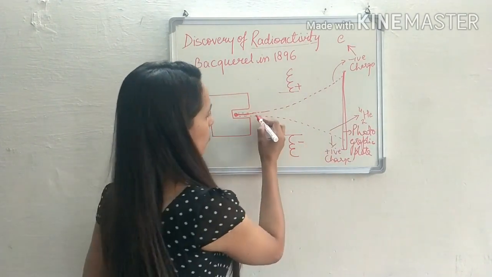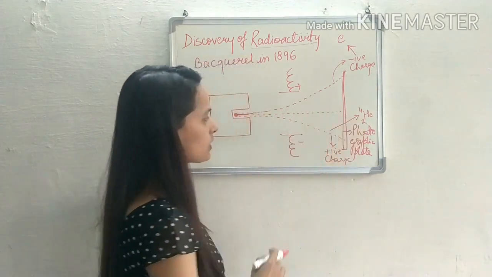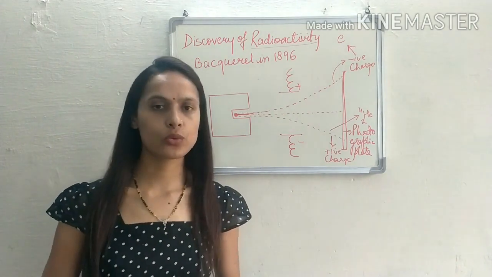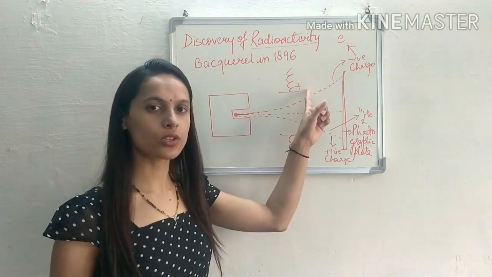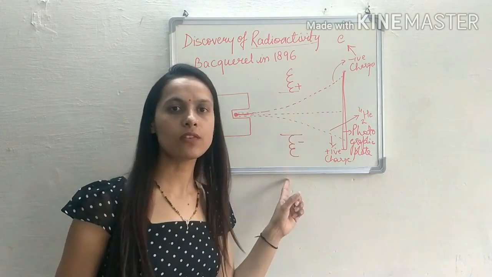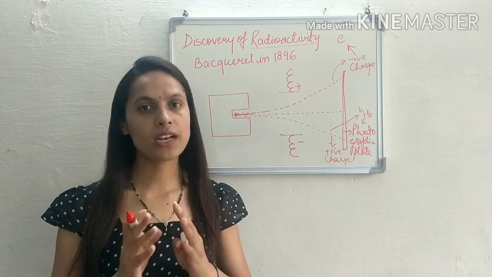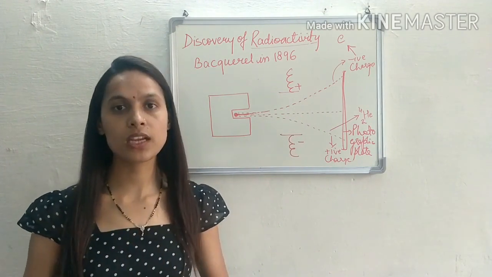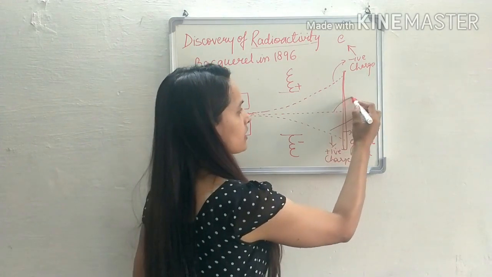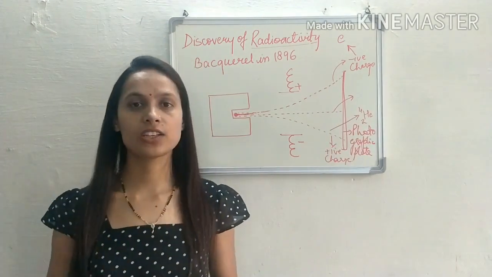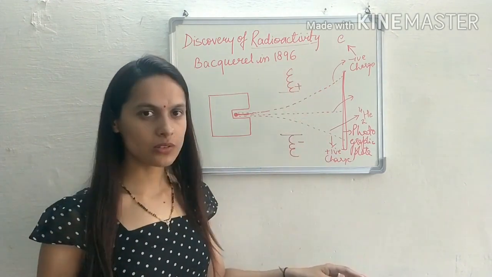Clear? And one ray is neither deflected towards positive electrode nor deflected towards negative electrode. जो थर्ड रे थी वो ना ही पॉजिटिव इलेक्ट्रोड की तरफ डिफ्लेक्ट हुई ना ही नेगेटिव इलेक्ट्रोड की तरफ डिफ्लेक्ट हुई. इट मीन्स दिस रे इज न्यूट्रल एट ऑल. ये हमारी न्यूट्रल थी जिसका मास हमारा क्या था? नेग्लिजिबल. यानी इसको क्या कंसिडर किया? एज अ हाई एनर्जी इलेक्ट्रोमैग्नेटिक रेडिएशन. देन ही नेम्ड ऑल 3 रेज.